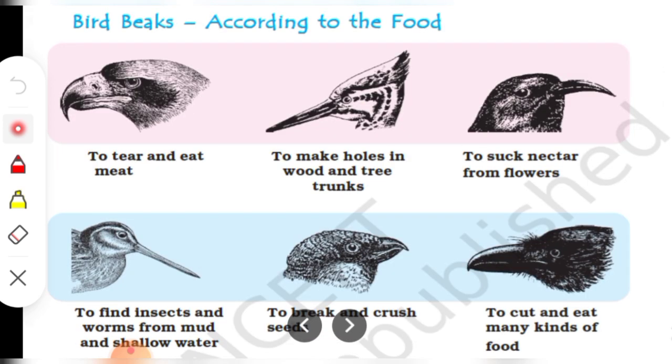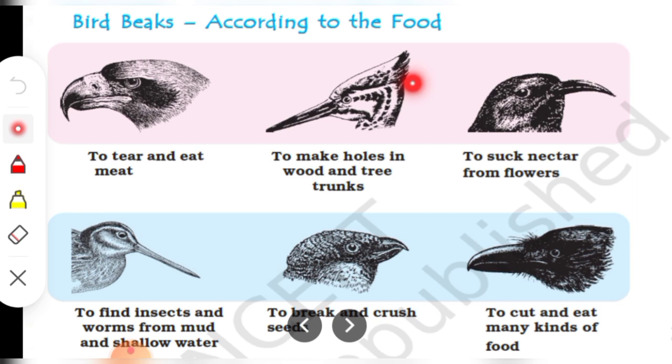In the same manner, birds have different kinds of beaks that depend on the food they are eating. For example, a beak helps them to tear and eat meat.